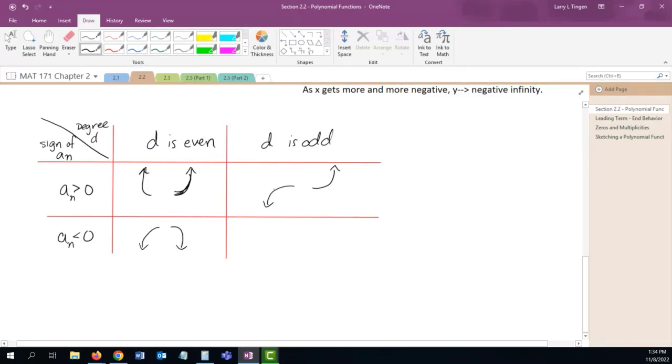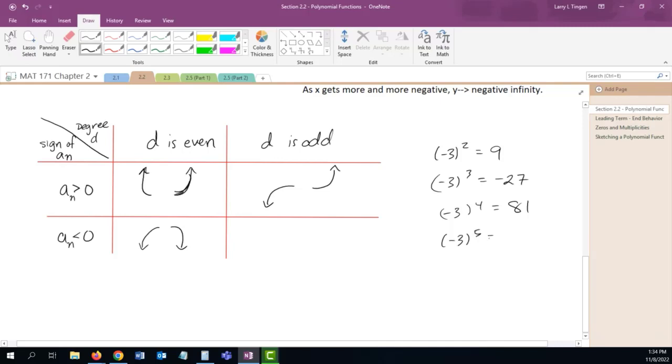Because when you take a negative number and raise it to an odd power, the result is still negative. Negative 3 squared is 9. Negative 3 cubed is negative 27. Negative 3 to the 4th is 81. You see how the odd ones